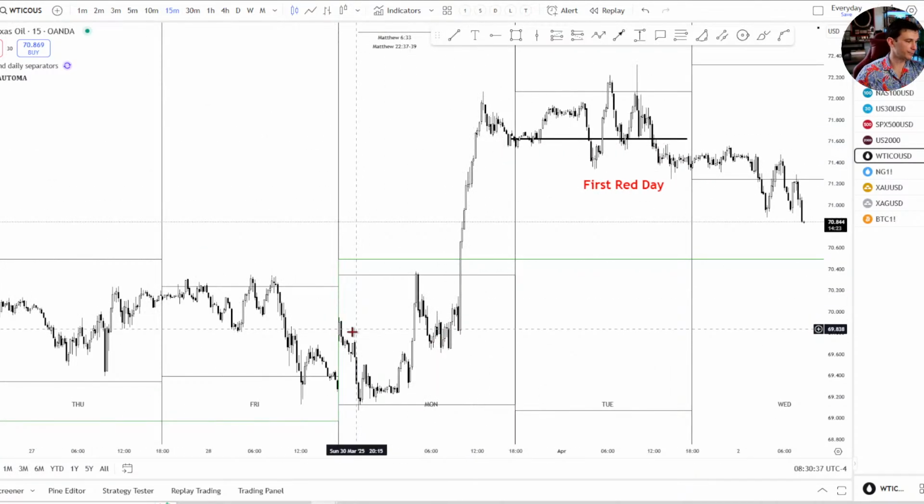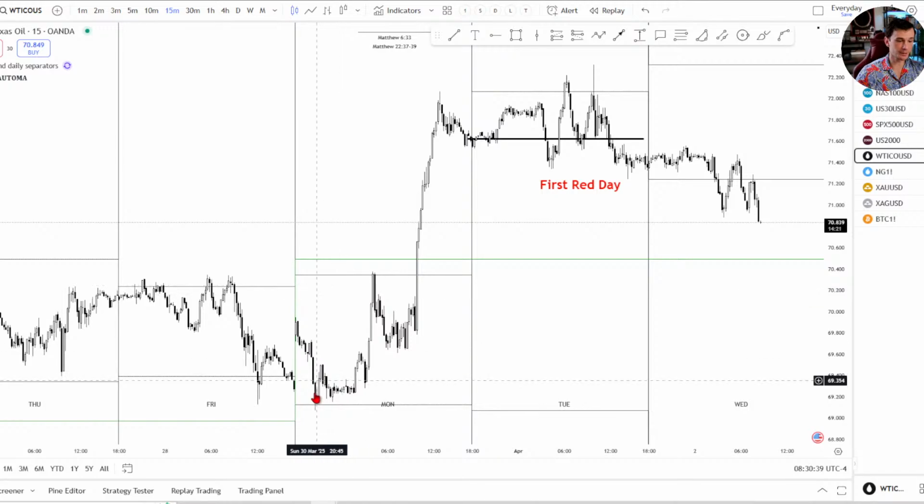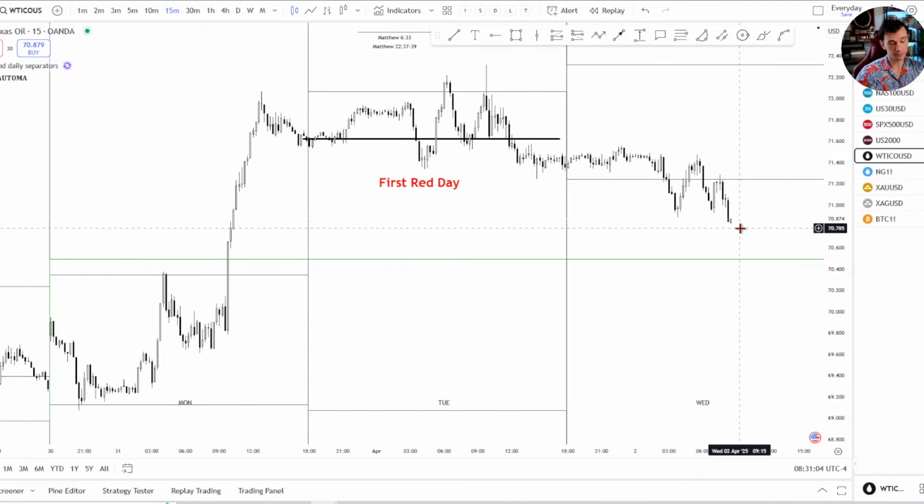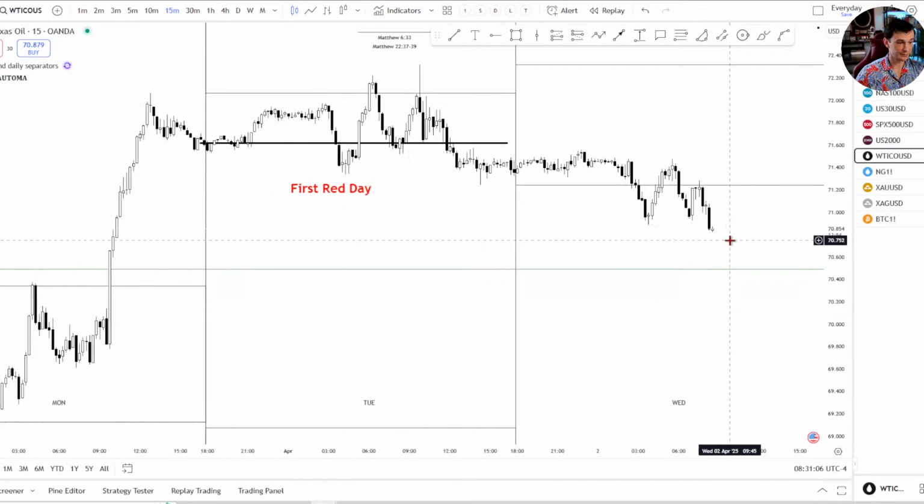All right, and I'll just recap that. I think a few more people joined in. We had a day 1 of the 3-day cycle down here, or at the very least, a breakout close, a large pumping day. A day that opened, attempted to go higher, failed to do so, and closed below the opening price for that day, first red day. On the new day, lower low, lower high, and now we're going down. All right, that's good. That's what I like to see.